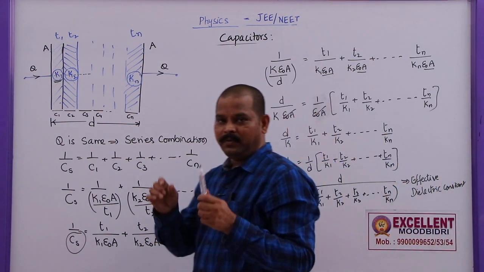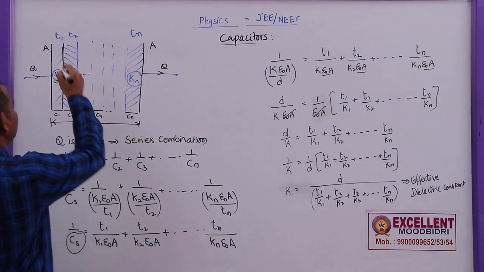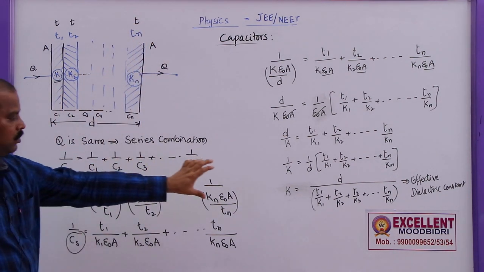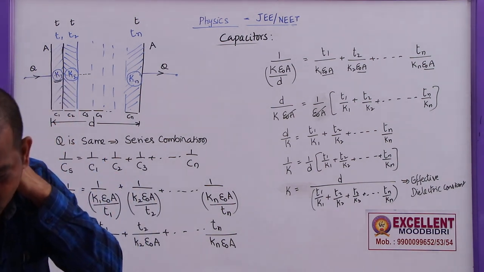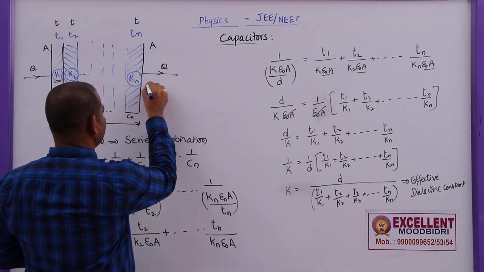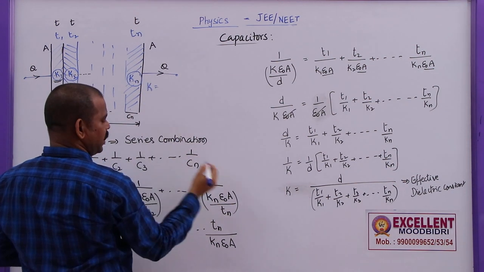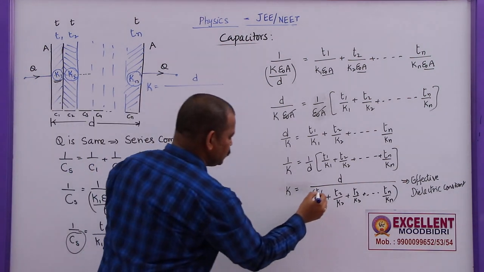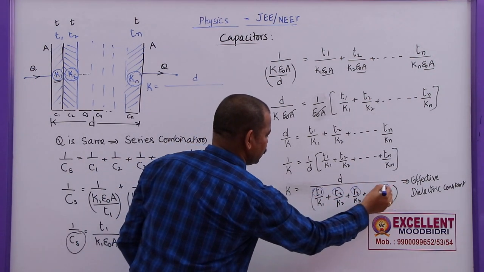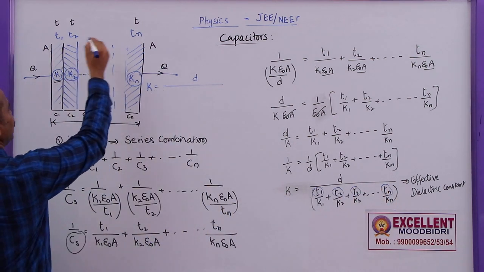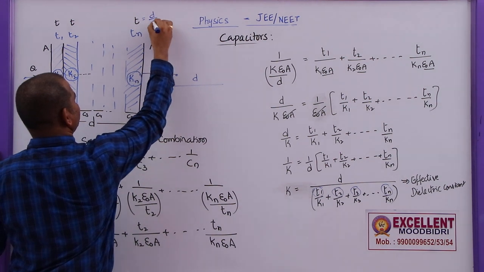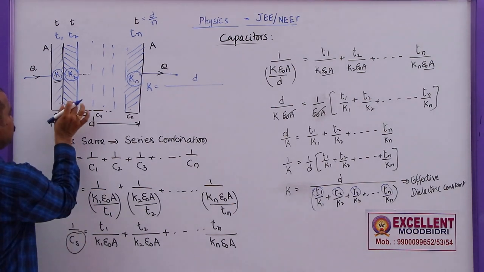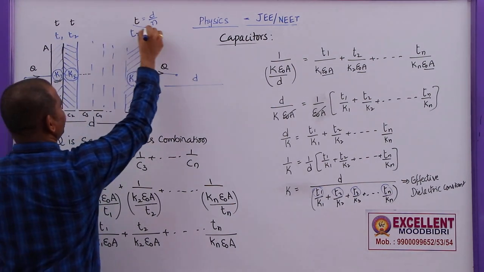Suppose the thickness of each and every slab is equal, so T1 is equal to T, T2 is equal to T and so on, Tn also T. So, how will this expression change? The expression can be written as, instead of this k, we write this k; d remains as d only, that is the total distance between the two plates. But the thickness of each slab is now equal to T. Let us say T is equal to d by n, where d is the distance between two plates and n is the number of plates. Let us say all have similar thickness, so the thickness of each plate will become d by n.